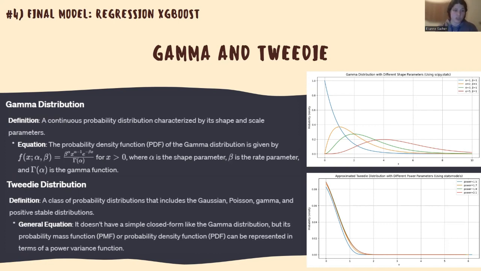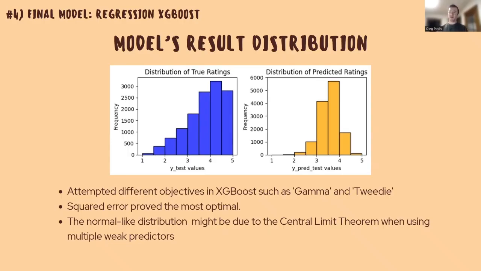You choose the Tweedie distribution for mixed data types, especially those with a significant proportion of zeros and a continuous component. Given the appearance of our data, we thought maybe we should check these two out. But they ended up making our model worse, so we scrapped that. And we believe the distribution of our results might be due to the central limit theorem when using multiple weak